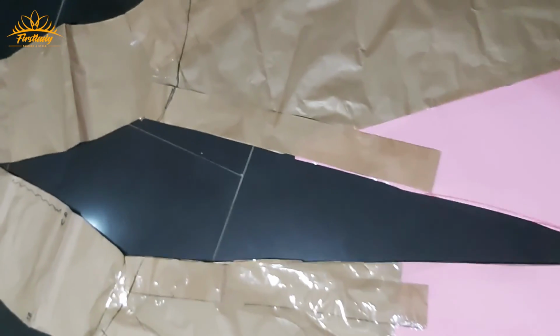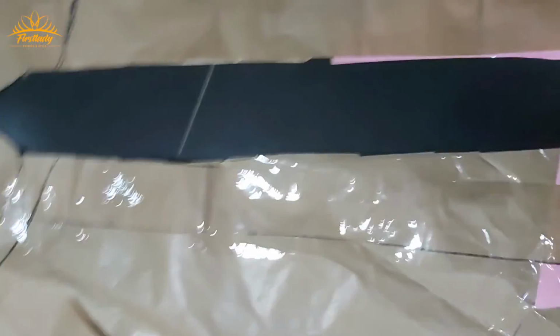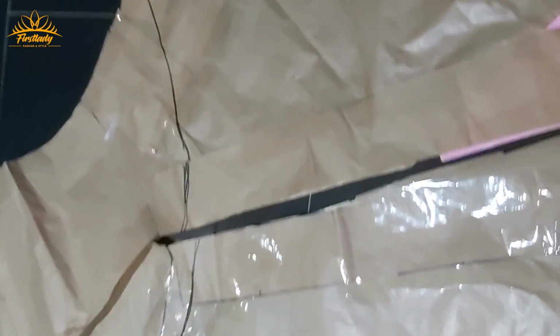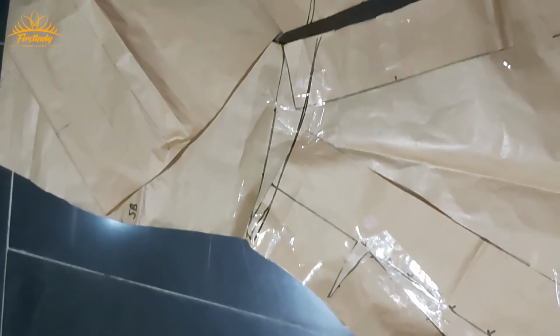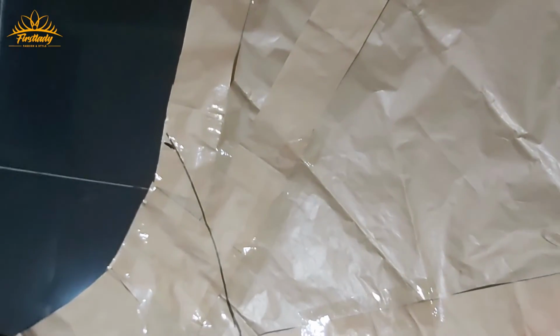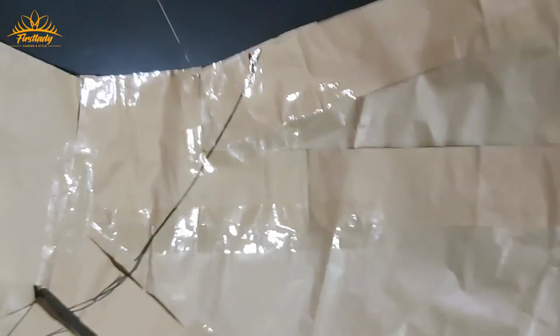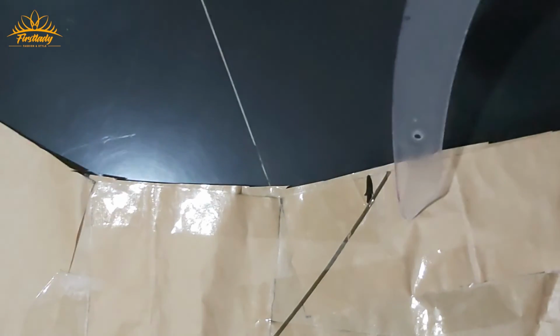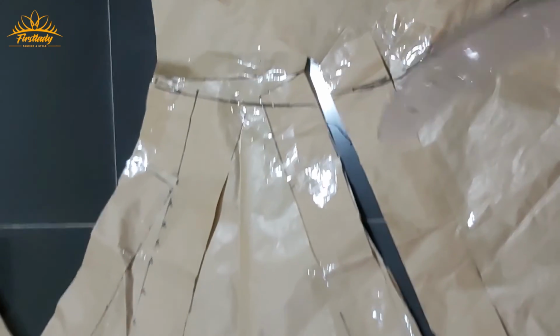So the next thing I'm going to do now is this. I'm going to bring this one here together this way because I have to cut the asymmetric back too. So I'm bringing the back pattern together this way, and you can see the line here. I have drawn the line here from here to this other side. I came down here from this place by 7. Remember the front, I came down here by 7. So this place too, I came down by 7, and I'm ruling now from the left, from the right to